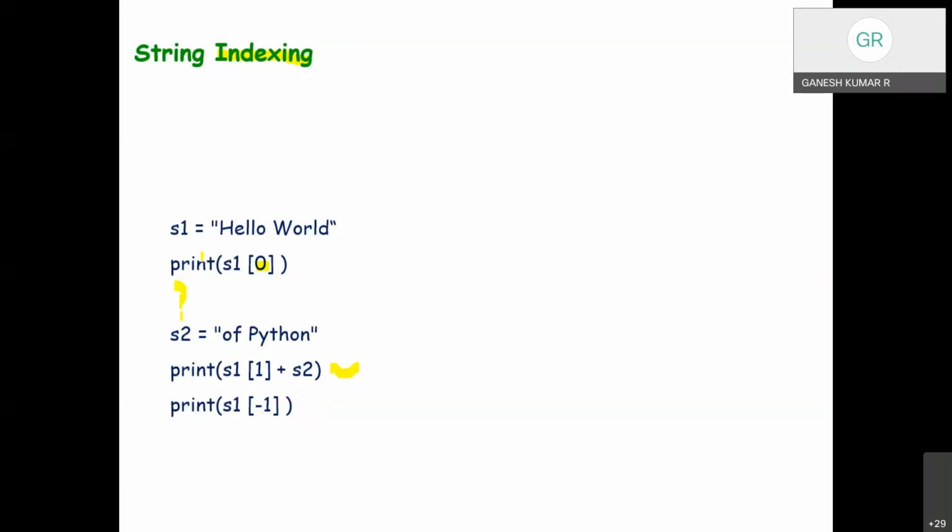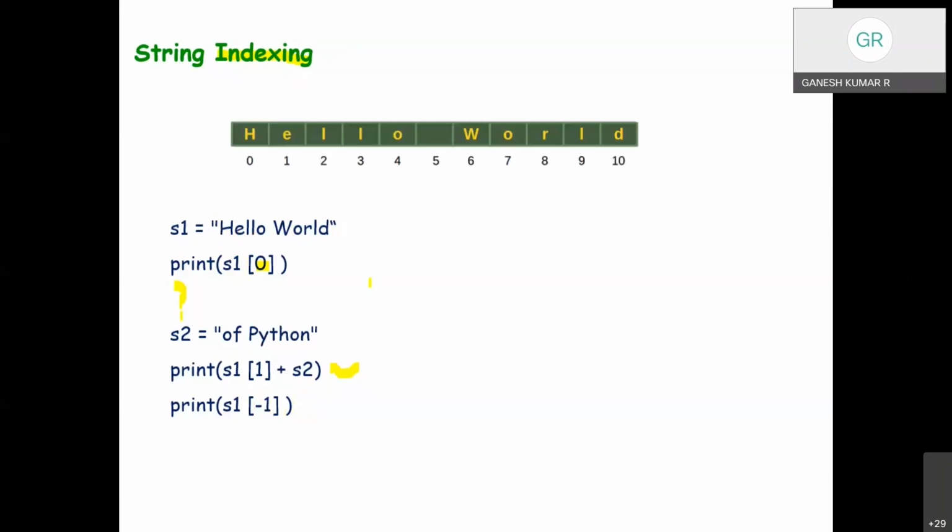We can understand 0 because the location is accessed with the indexing, meaning S1 of 0, 1, 2 up to n minus 1. Now we have another value, minus 1. What does it represent? To know that, we need to understand the indexing part again. This is how the memory is managed. 0 occupies the very first memory location, followed by the other characters, incremented in a positive manner.